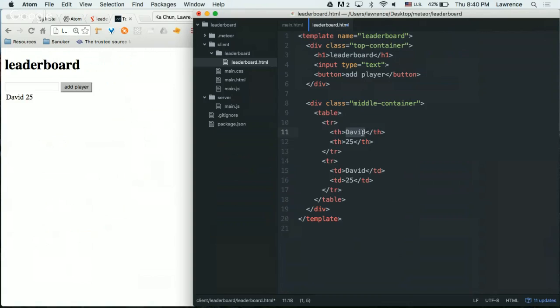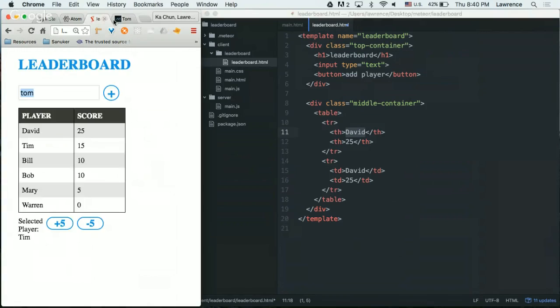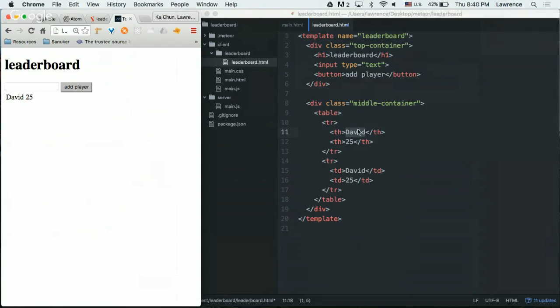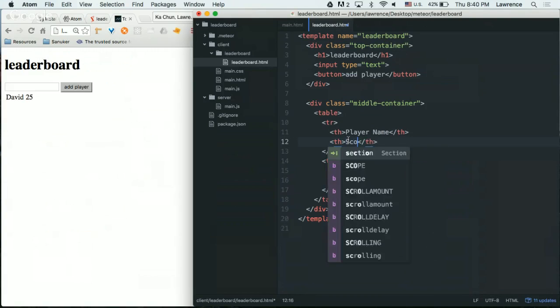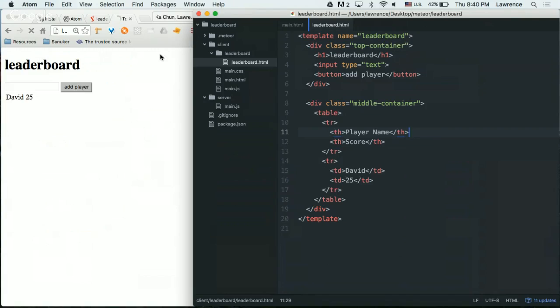We just call it player name, and then we call it score. Okay, so now you should have the table header and also 1 row of data.